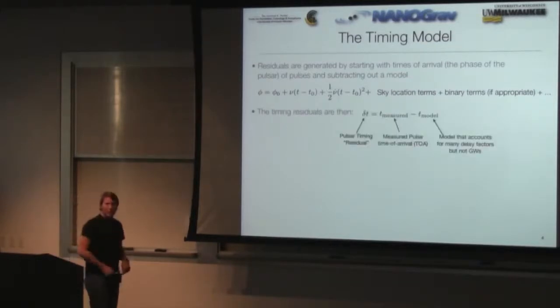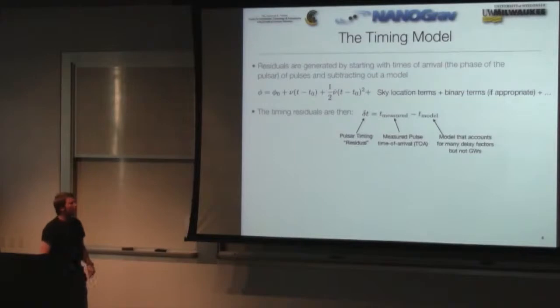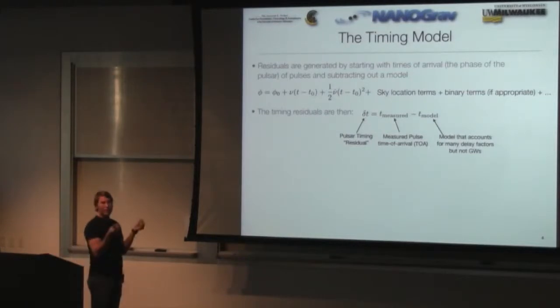And so the data that we're looking at, I'm going to talk about this all throughout the talk. I'm going to keep saying residuals. So the residuals are just the measured time of arrival that you get from measuring the actual power from the radio telescope minus this model. And the way that you do this is it's sort of an iterative procedure. It's really something of an art to get close to the global maximum of these